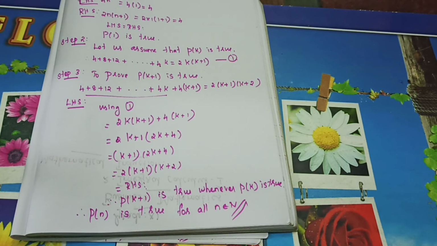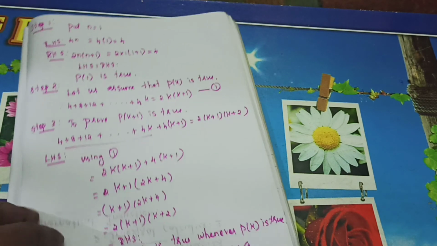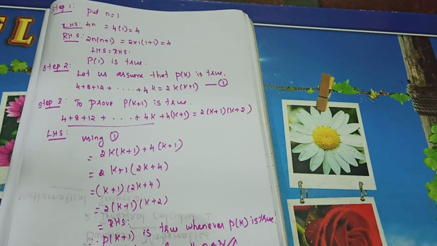Got it? Very easy, very important also. Okay, so learn it. Understand? So in the example problems, in LHS and RHS, I did not take them separately, I directly did this, right? So if you are following that method, also no problem. Okay, so equal. Got it? Okay, I hope you got a good idea.